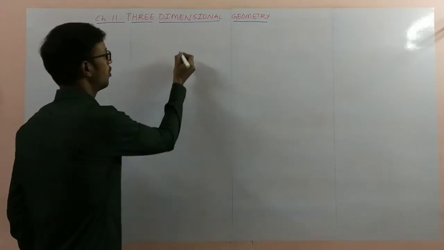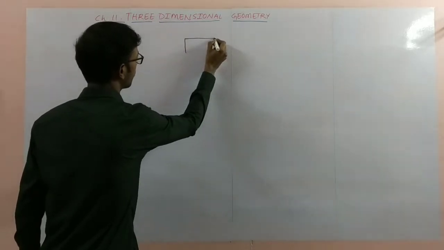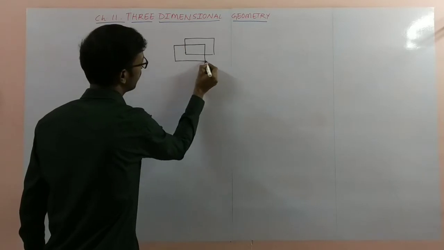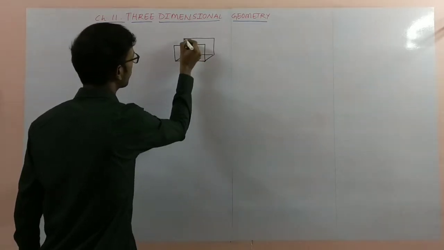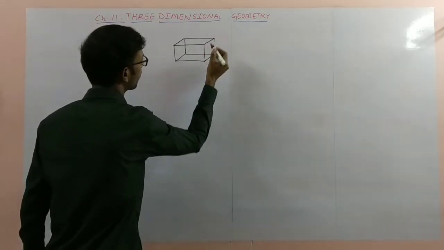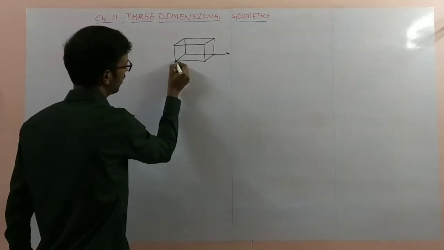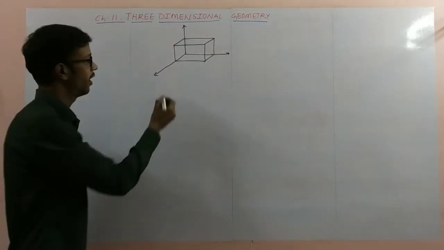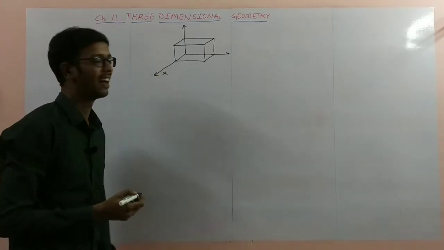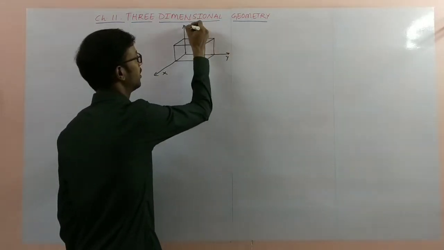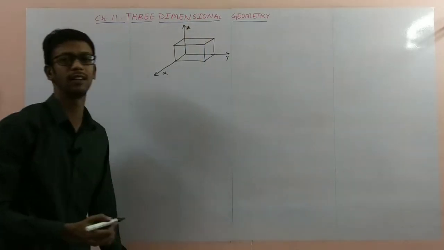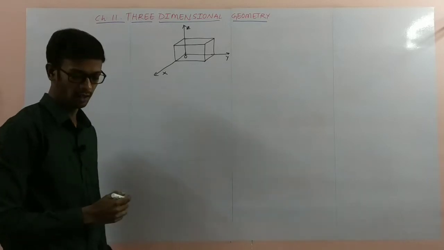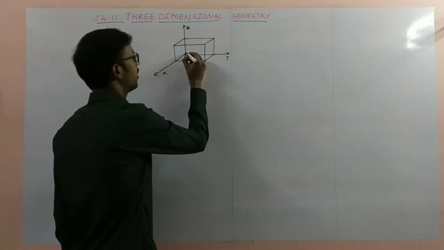First of all, you have to draw the diagram in space. Extend this line and this line also. Name these lines as x-axis, y-axis, z-axis, and this point is the origin O. If you extend this line,